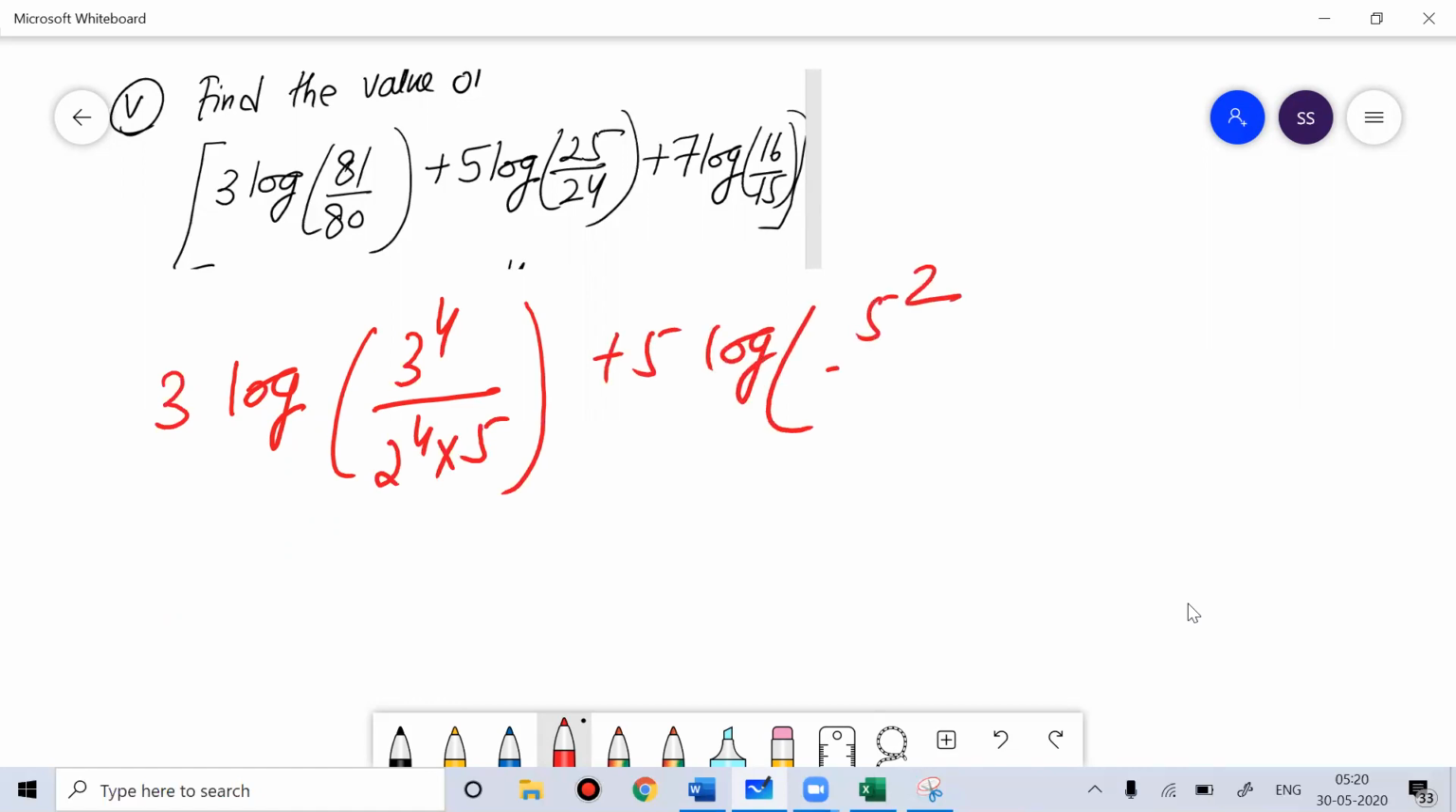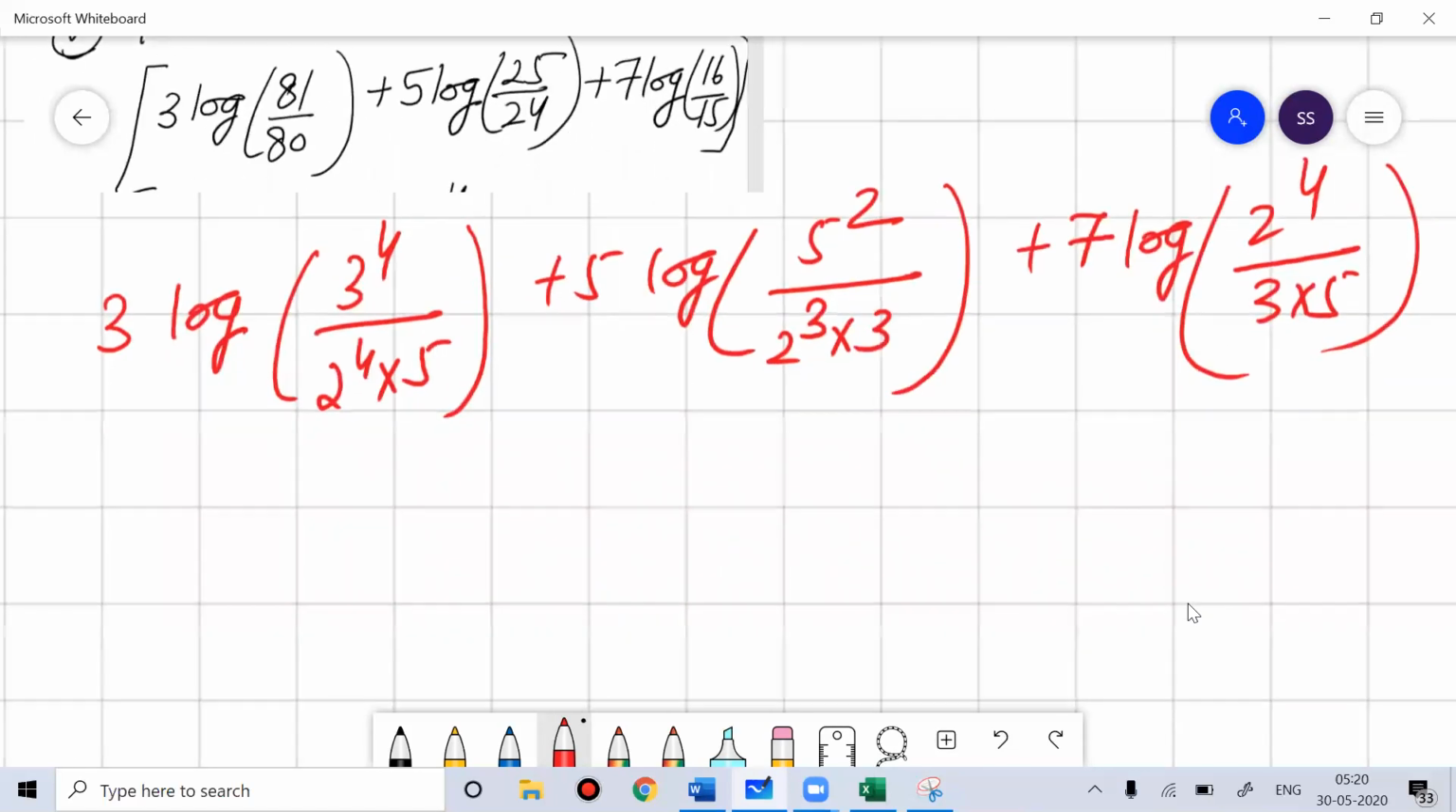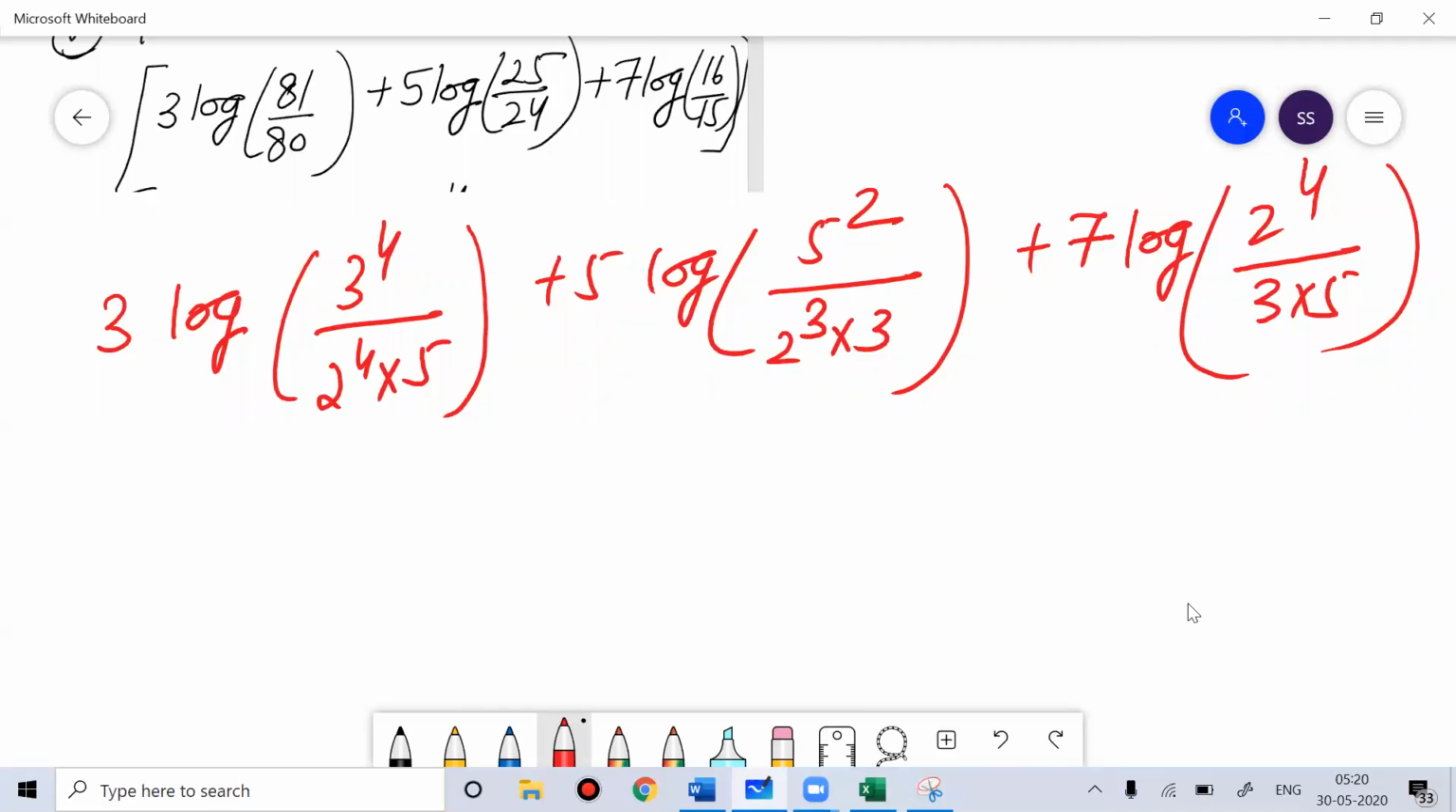25 means 5 square. 24 is 8 into 3, then plus 7, then log of 16. 16 means 2 to the power 4. 15 is 3 into 5. Ultimately then you apply the formula. Log of a by b is log a minus log b, and log of a to the power n is n log a. If you apply that concept, ultimately you'll get 4 log 3, 4 log 3 minus 4 log